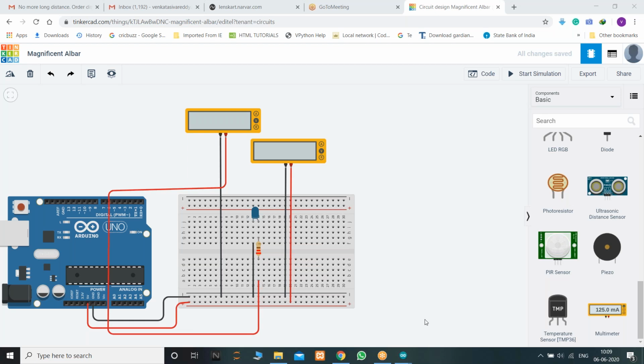Yes. So someone created this for loop: for int i equals 0, i less than 255, or 254. You can run this to 255 or 256 also, and i equals i plus 5. Is it correct? But in the for loop we need to use the i value in this analog write operation. Let me show you that.